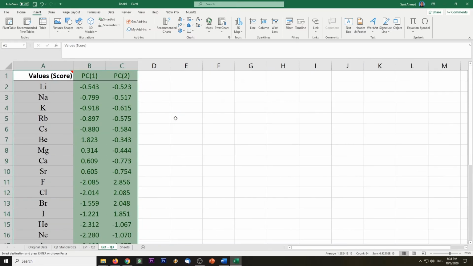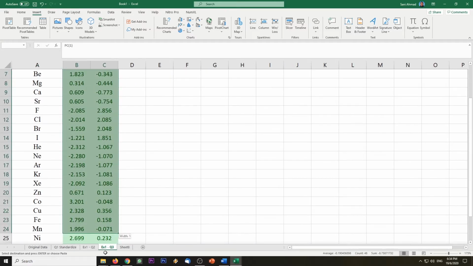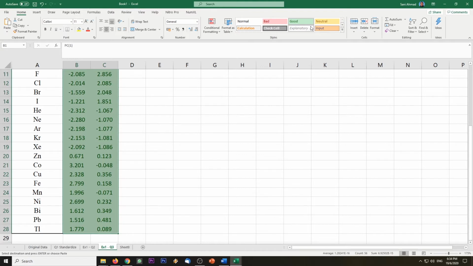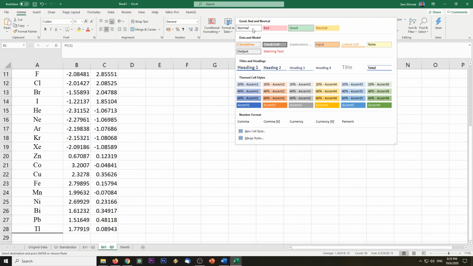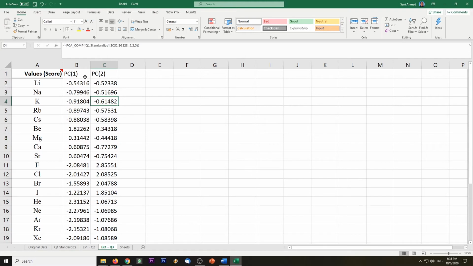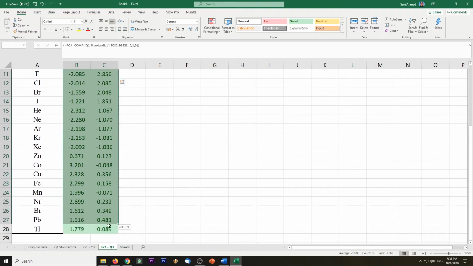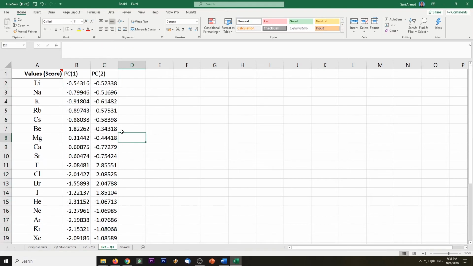Based on this, you need to just remove this color. Normal. Okay, let's remove the color, the background color, and then you'll get this